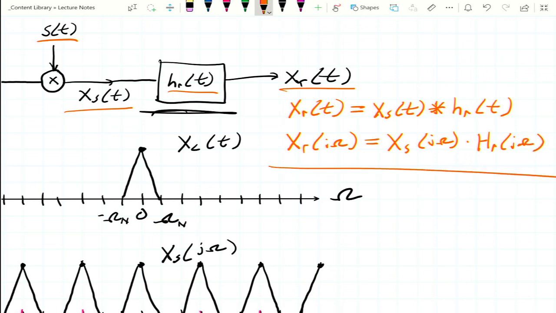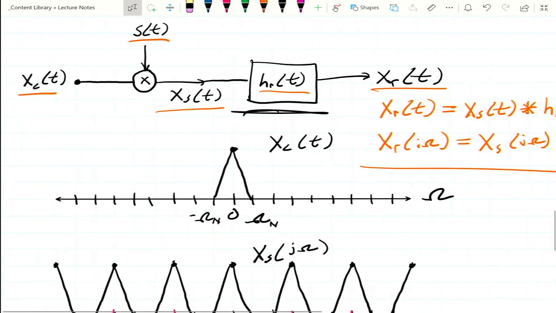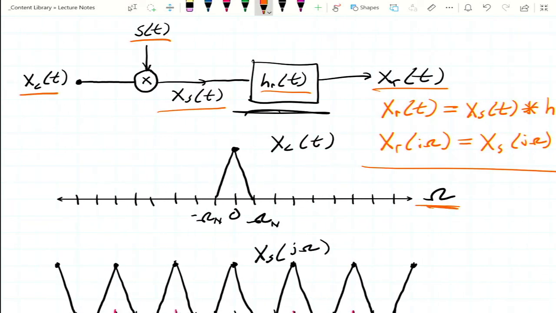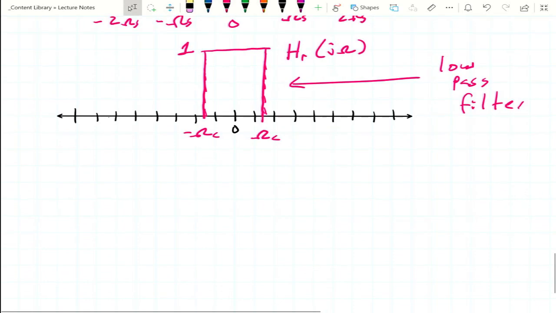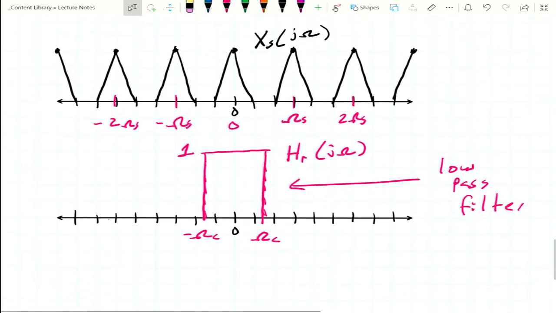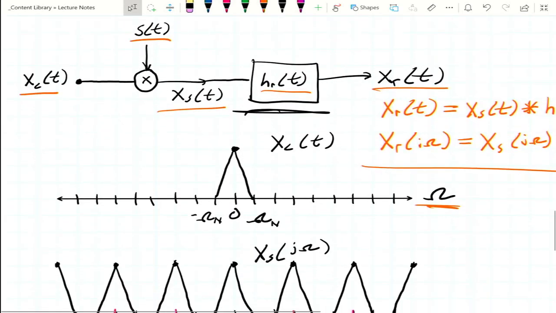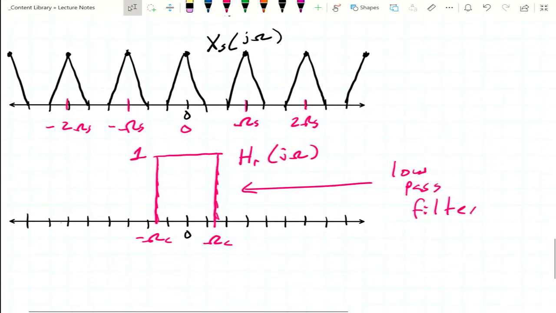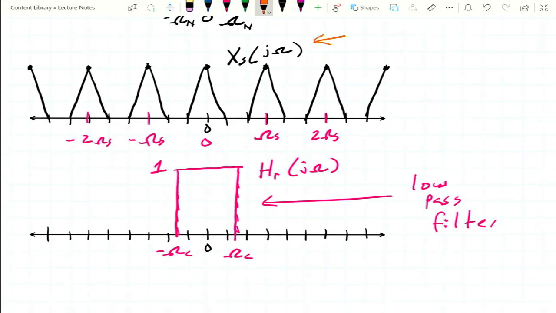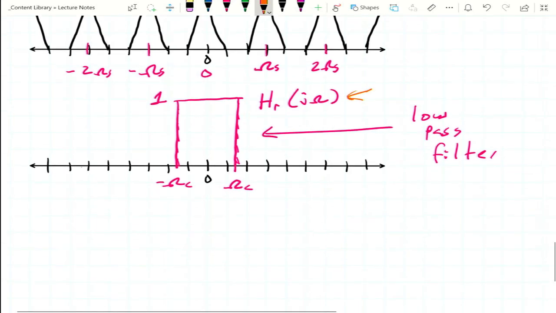I just realized why the book switched over to the other omega. Because we're working all this out in continuous time. And it's making the distinction between the sort of Fourier transform of a continuous time thing. So this would be radians per second, since we're technically talking about continuous time stuff. But all the math is going to work out the same. Okay, so all that to say that our x sub r is going to be the multiplication in the frequency domain. So we're going to take that signal and multiply it by that signal, and that's going to get us